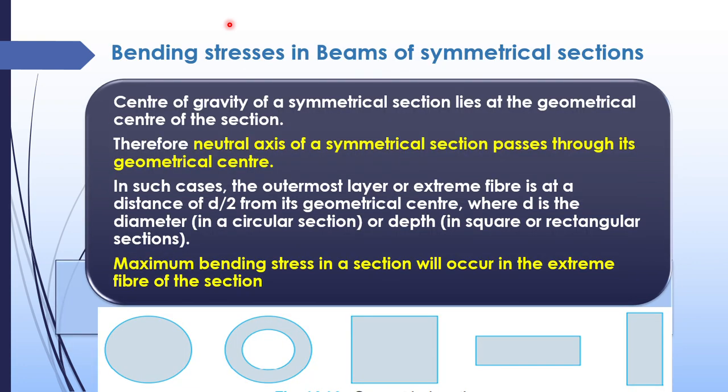Now for symmetrical section, how will the bending stresses be changing? The neutral axis of a symmetrical section passes through its center. Maximum bending stress at a section occurs in the extreme fiber. As we have said earlier,